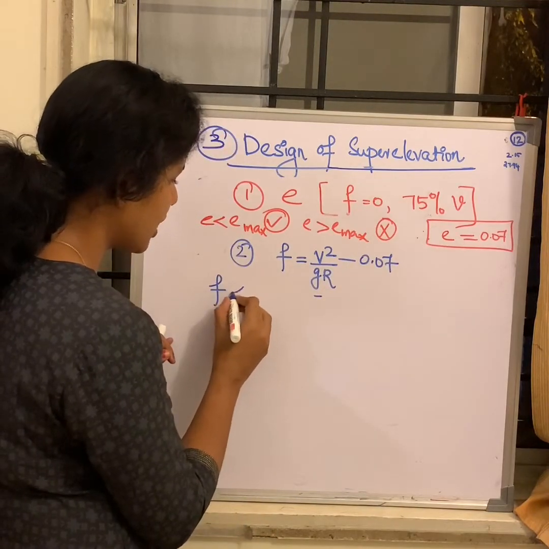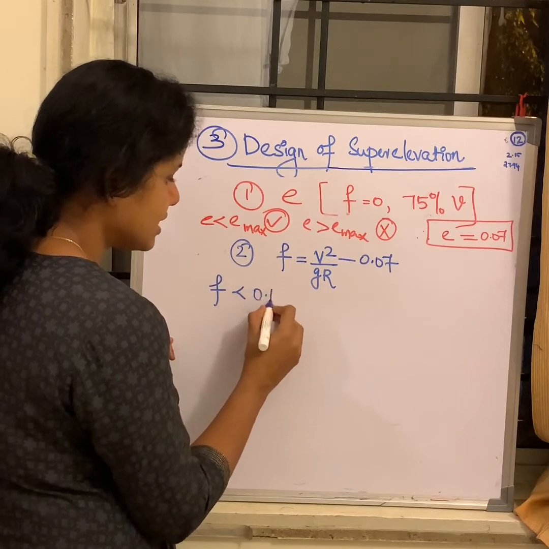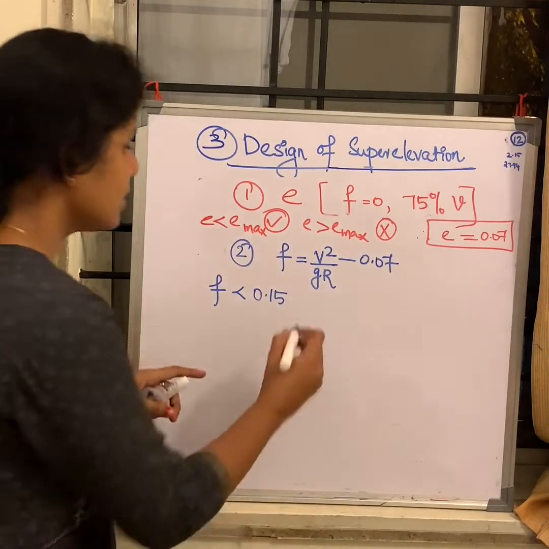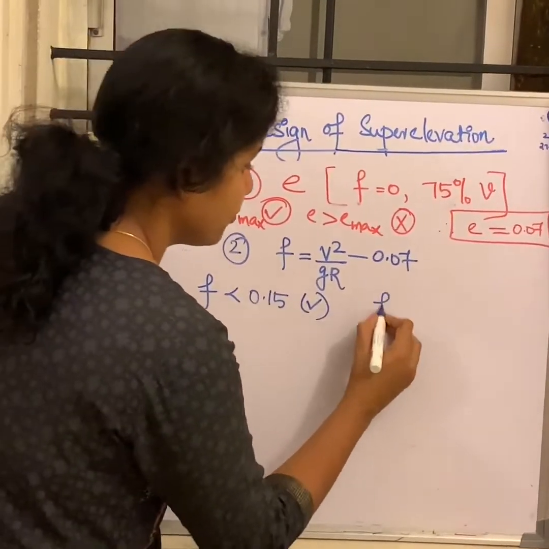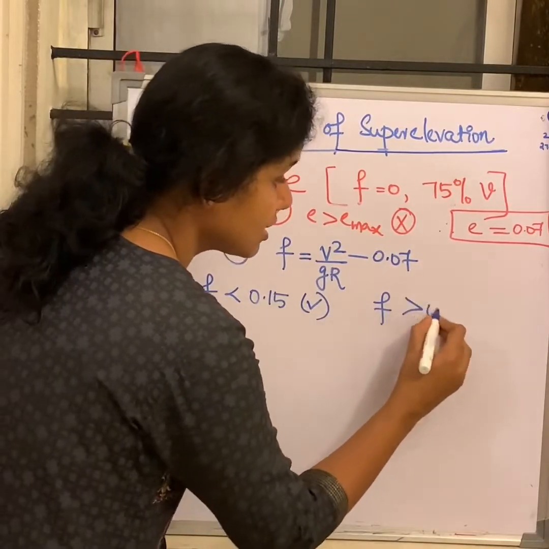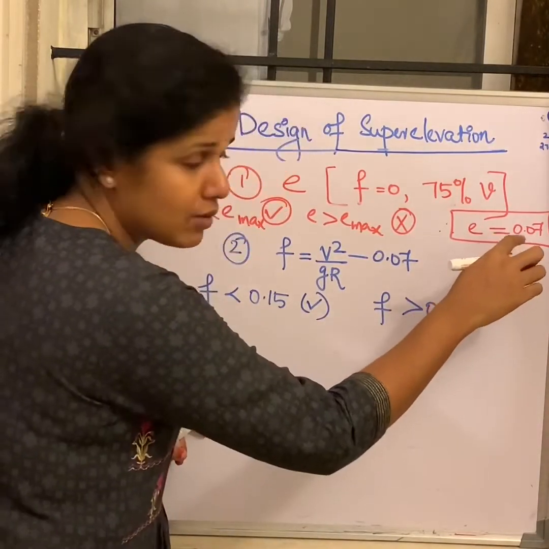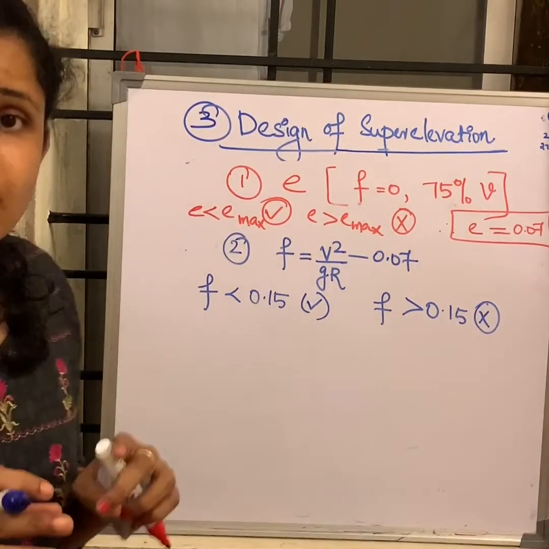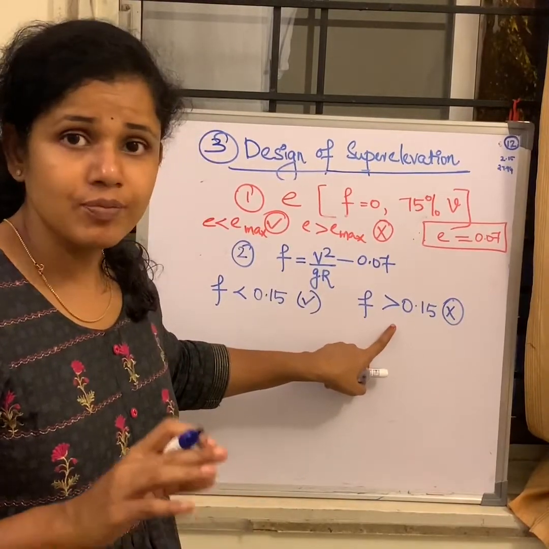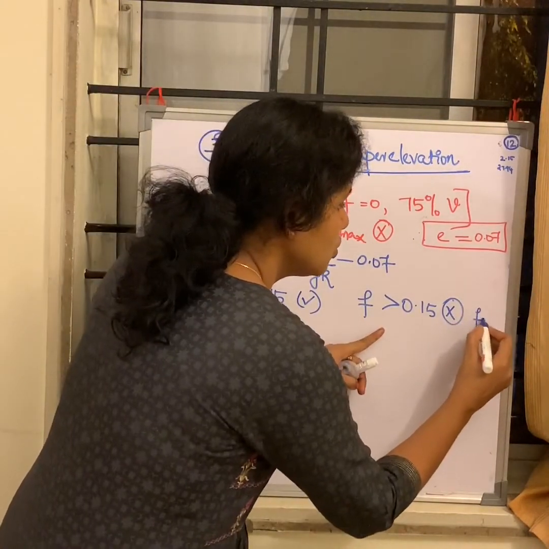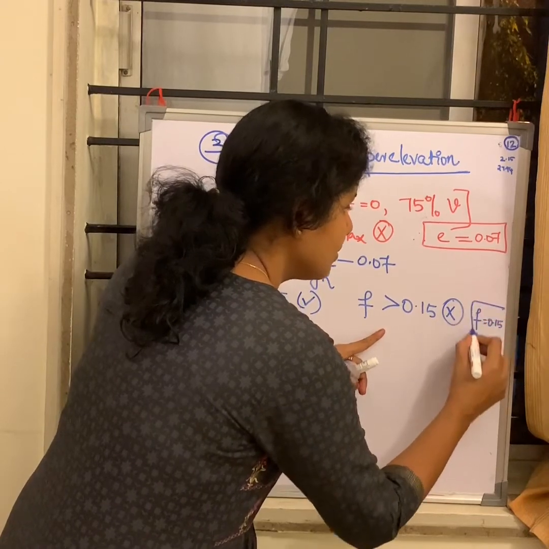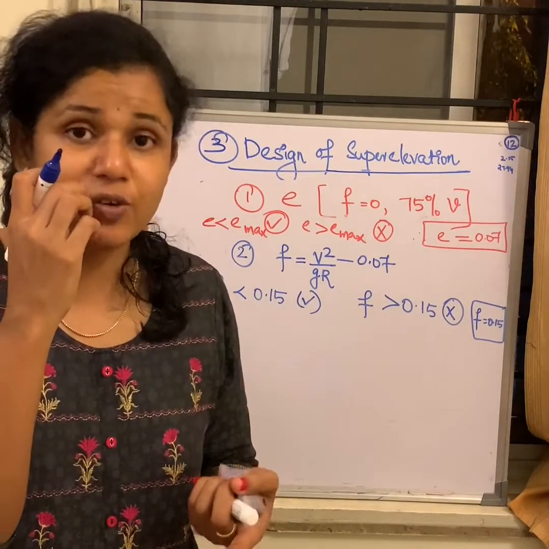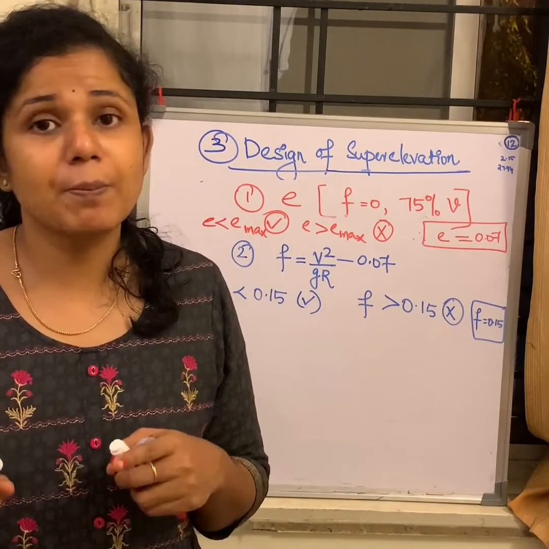Now, this friction value, whatever you are getting, again you have a comparison. If the friction you get is less than the design value of coefficient of friction 0.15, we are safe, right? But if the friction required is greater than 0.15, if I am limiting my super elevation this way, this is not a safe condition for me. That means I have to limit my value to 0.15. If I am limiting it in this case, then what is going to happen to the allowable speed of the vehicle? And that has to be compared with the design speed.